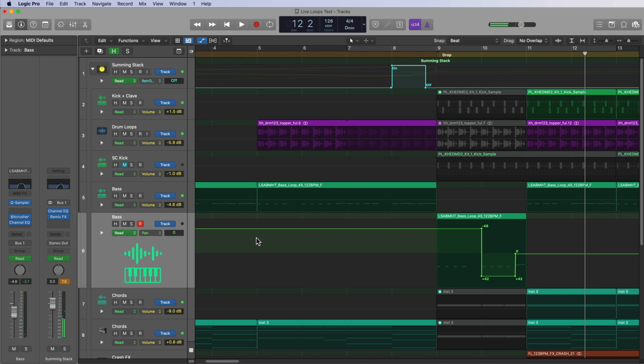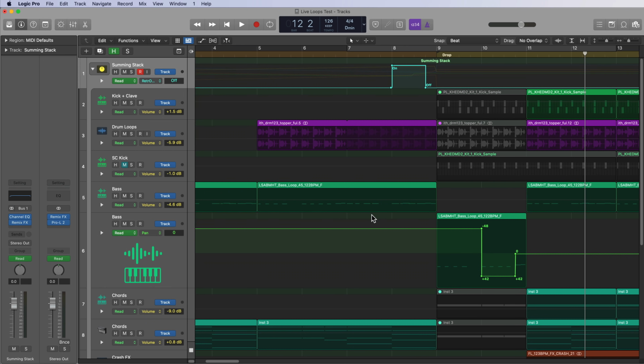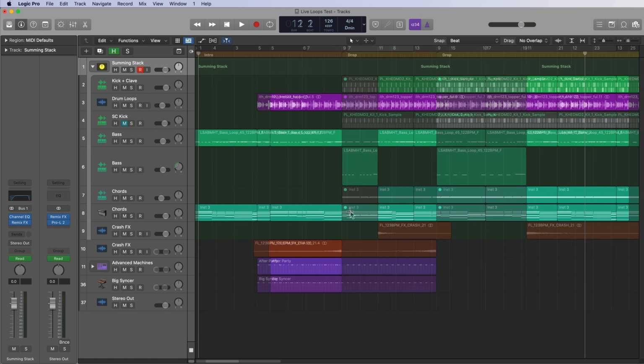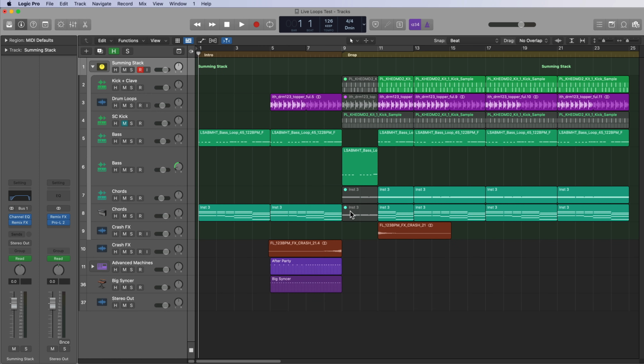So there's all sorts of crazy things you can do. Yes, I know my summing stack is clipping. You'd have to figure out your volume levels there going into the summing stack and pull that down for proper mixing. But those are 8 transition effects I like to use to sort of build tension and make new sections